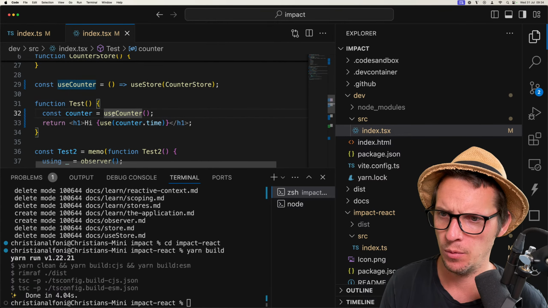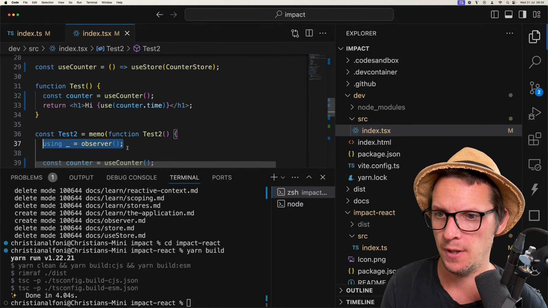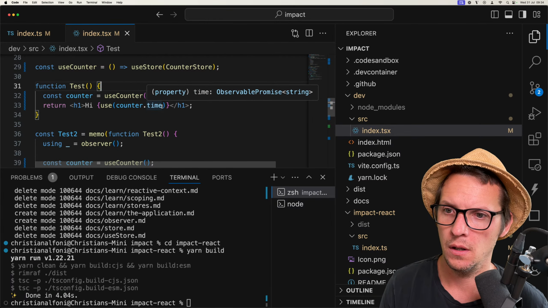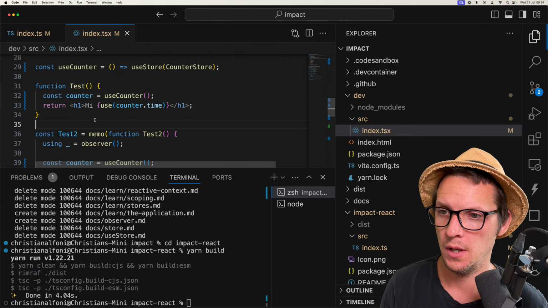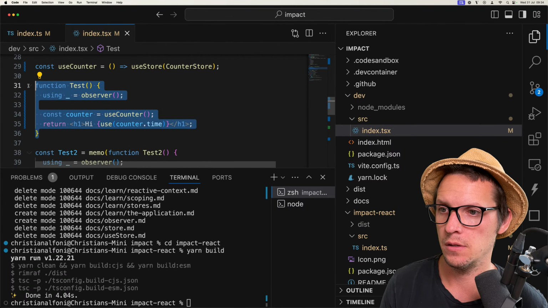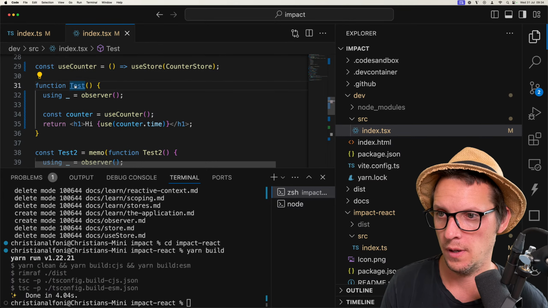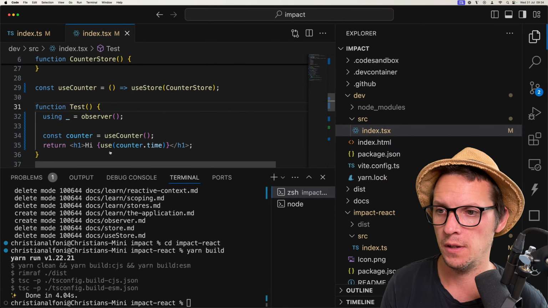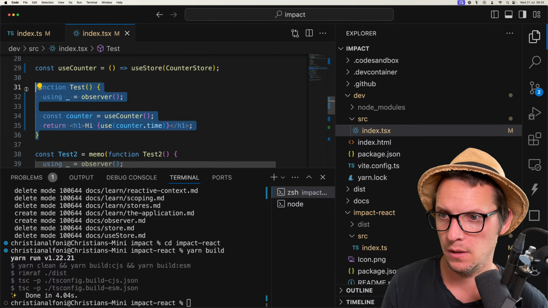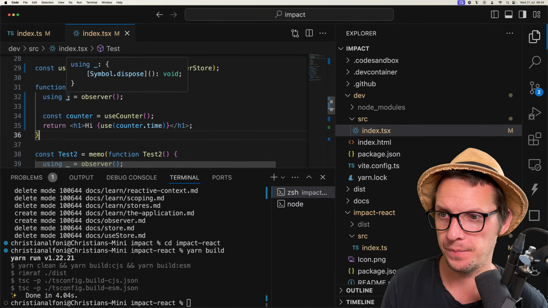I don't really need to observe here because we're using the use hook here, but let's just do it for fun. And here I can just use a function, and I can export this. So it's a very natural way of defining components, and that still works just fine.